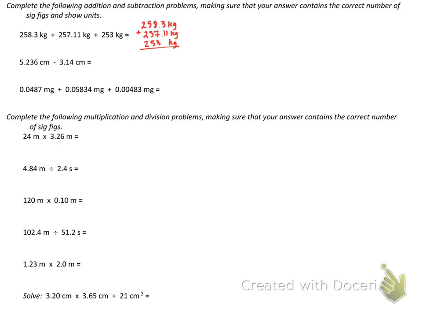Okay, all right, so then I'm going to do my math. And again, remember, don't take too much time doing this by hand. Use your calculator. And I have 768.41